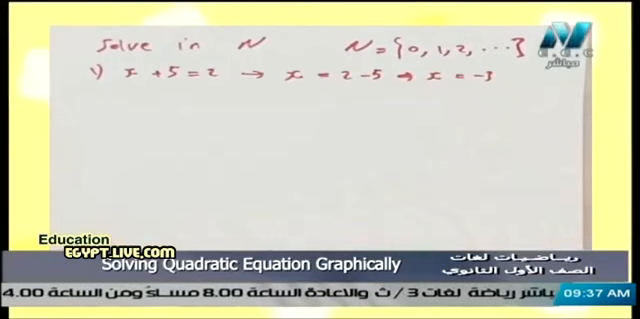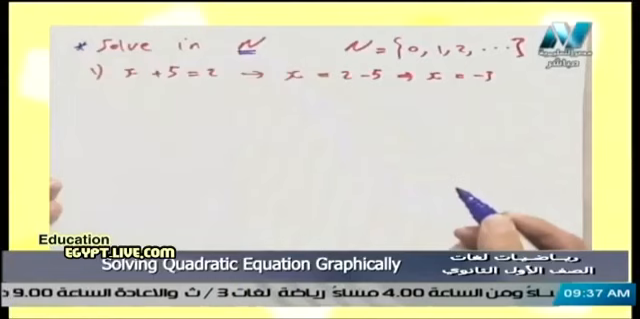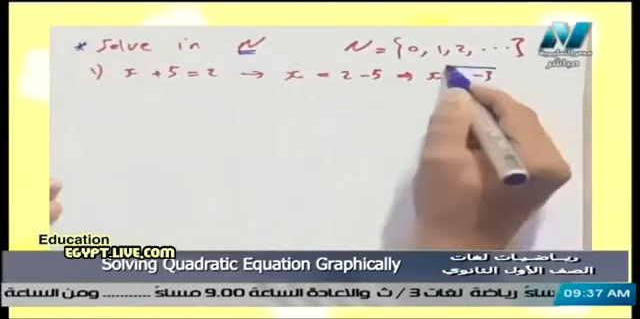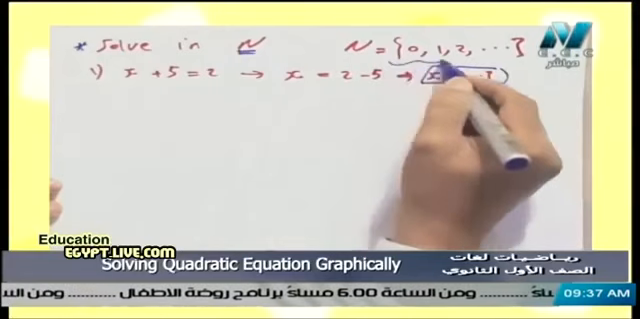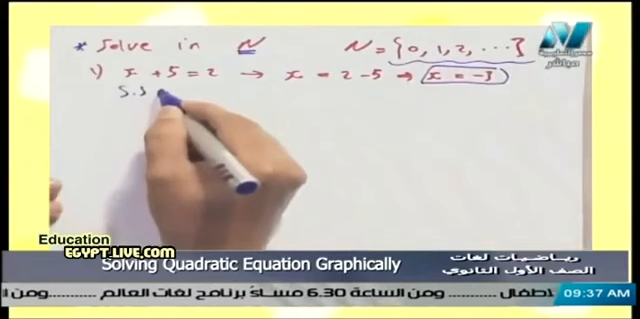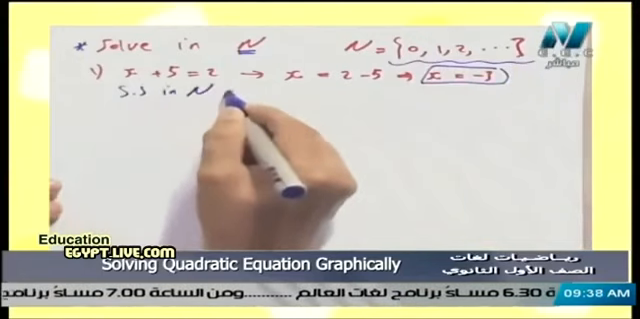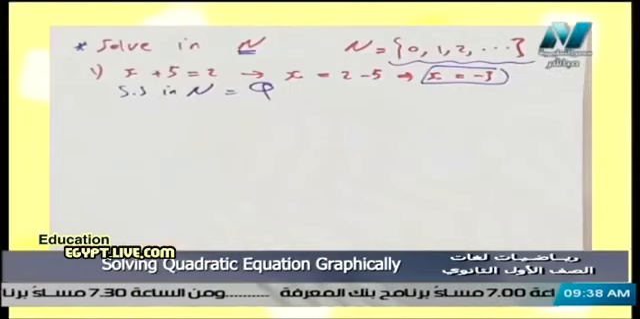And he asked me to solve in N. N is the natural numbers, but we have here x equals -3, and -3 doesn't exist in the natural numbers. So the solution set here in N, in natural numbers, is empty. So we needed to extend to another